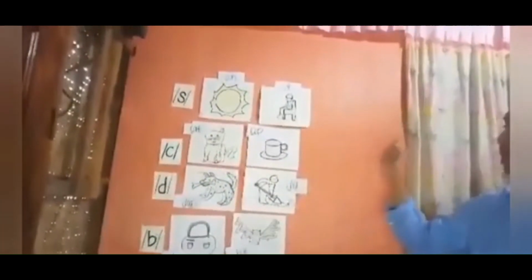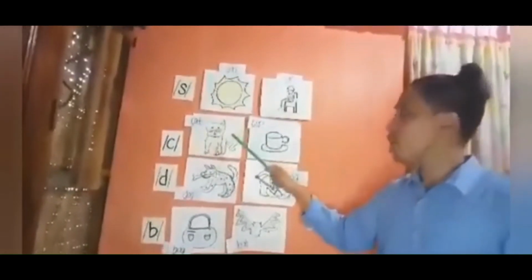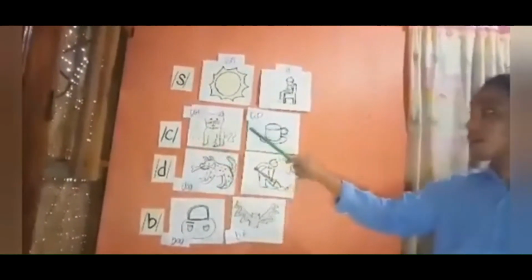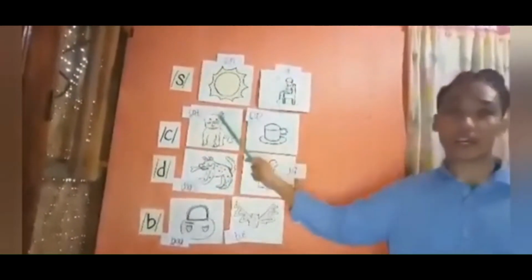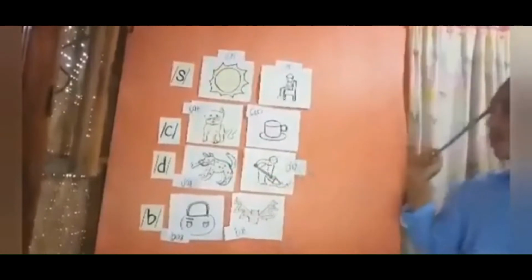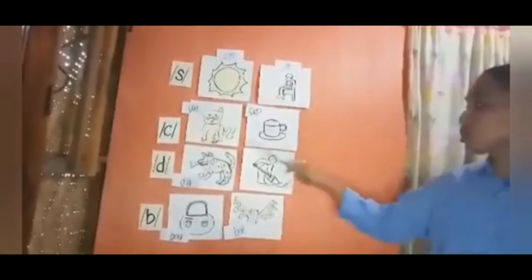The second picture is cat and cup. The first letter of cat and cup is C. So the first sound of these two pictures is K. So the third picture is dog and dig. So the letter card that corresponds to these two pictures